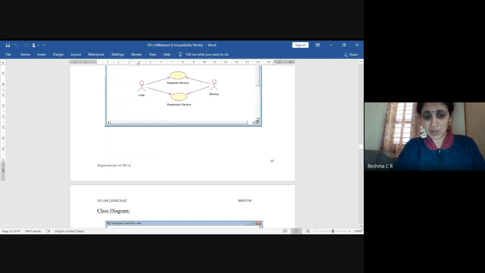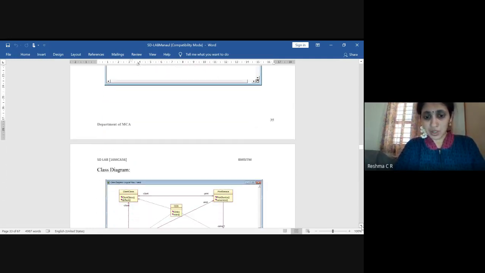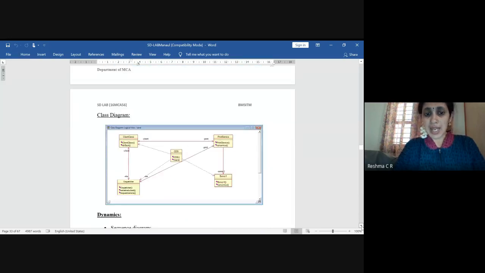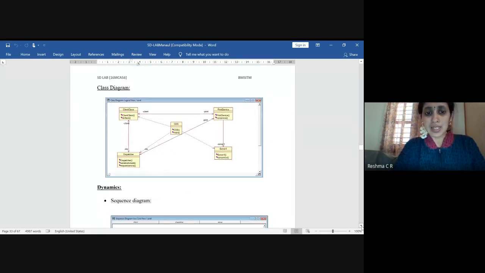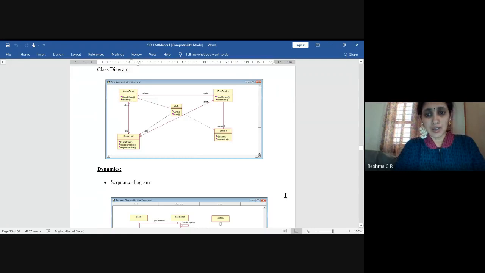Next, what we have is a class diagram. In the class diagram, we have five different classes: one is a client class, one is a client dispatcher system, one is a print service, one is a server, and one is a dispatcher.